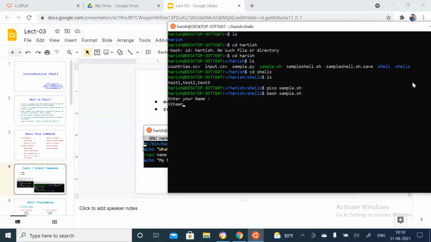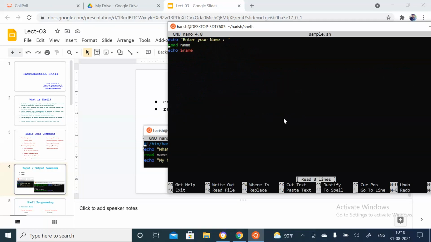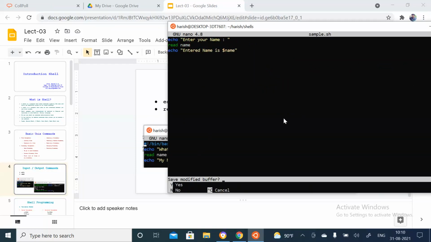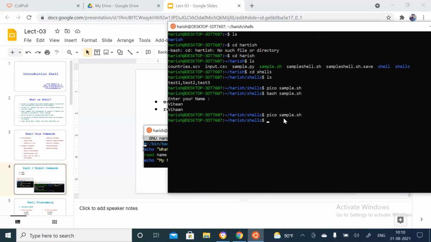Suppose I give it another name, Vihan, and you can see it displayed. Here, "enter name" is Vihan. So whatever name I have just entered here has been displayed.